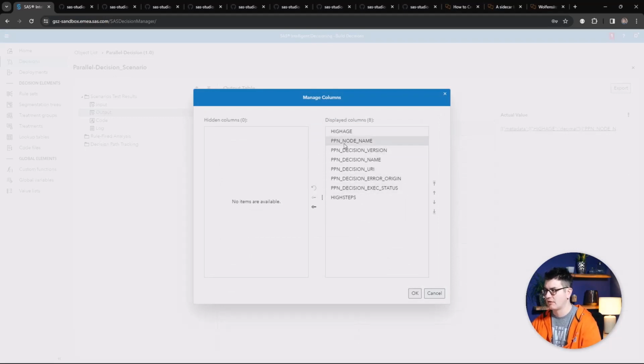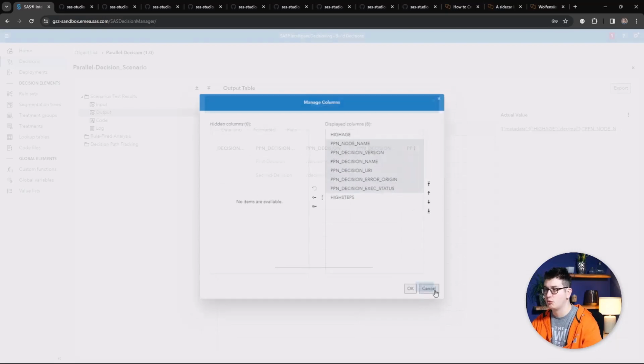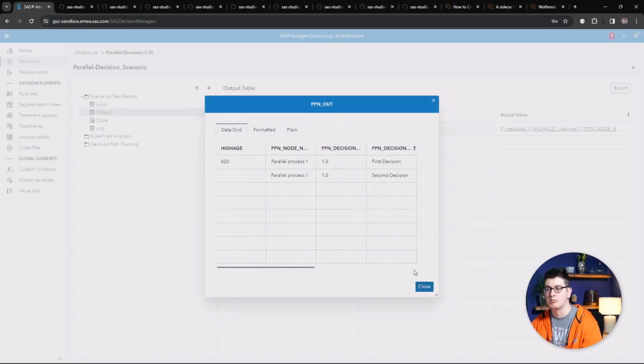Namely, it's the whole PPN variables that have been added to your data grid to help you understand where the data came from in your whole decision hierarchy. So, a super awesome feature, which can really help you if you have very complex decisions, especially if you're using a lot of treatments that need to be tested and applied to your data, then parallelizing them can lead to great